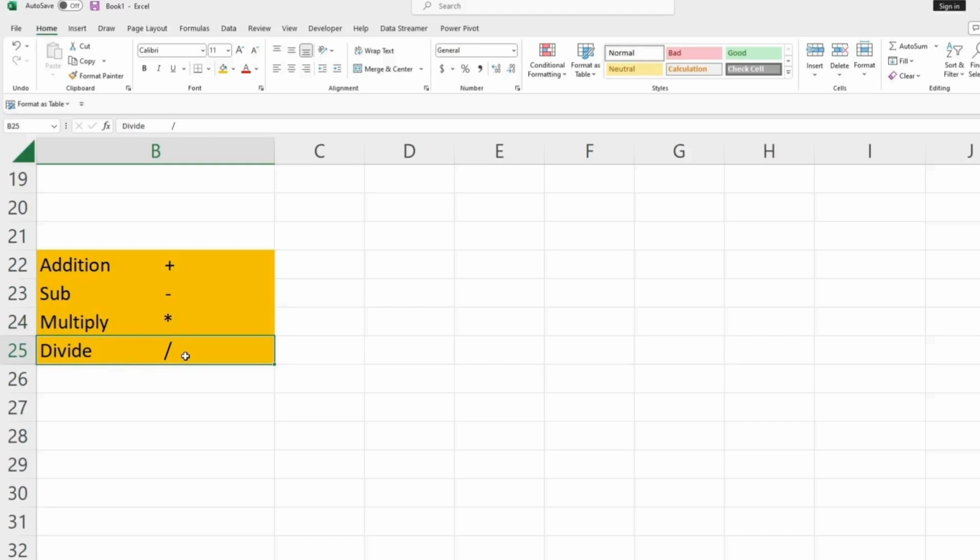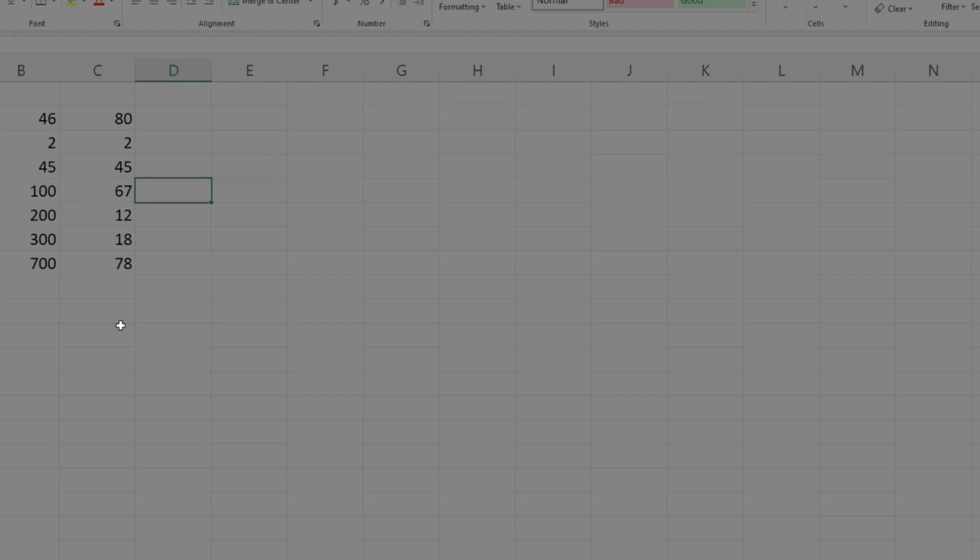In this video, let us see how we can do multiplication using Excel. Multiplication in Excel is a straightforward method. You need to use the formula to do the multiplication. The formula is equals,